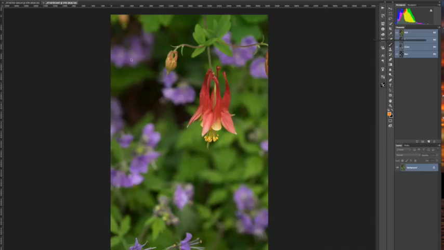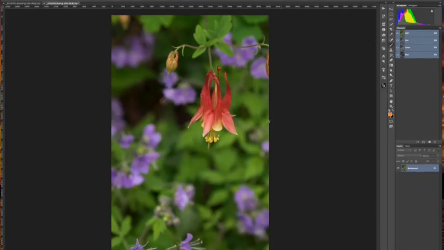So let's get started. We're going to start off, at least I do, by cropping. I don't want to really start processing this image and creating effects and working on something that isn't in my final view. I don't always start this way, but in this particular image I'm going to, and one of the reasons can be seen right down here at the bottom of the image where my cursor's lit up,